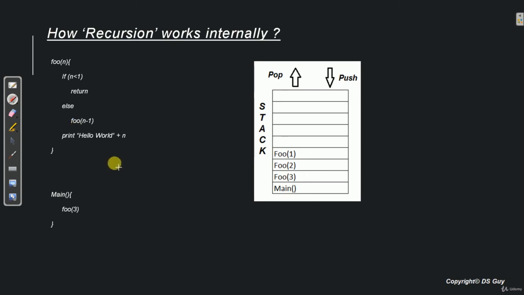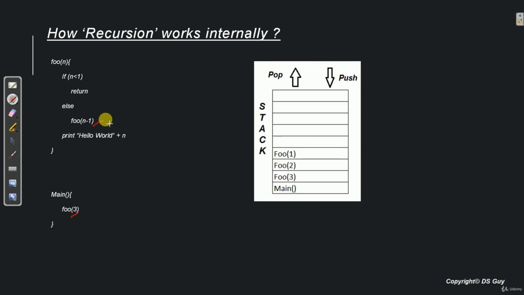Now before wrapping up this video, let's quickly recap what we have learned. We have a stack memory which is managed by the system and we as programmers do not have much control over it. Stack memory is used by the system to manage the recursive calls of a method. Here we had a method foo which was calling itself recursively multiple times depending on some condition.